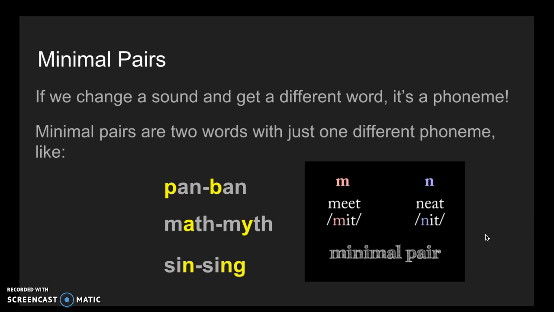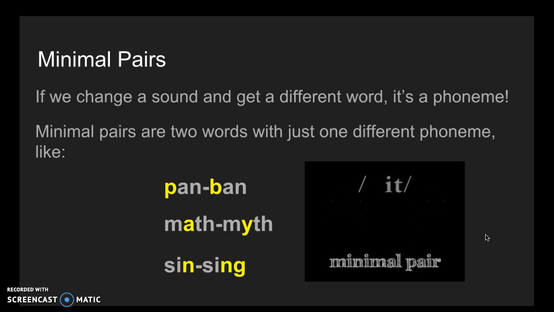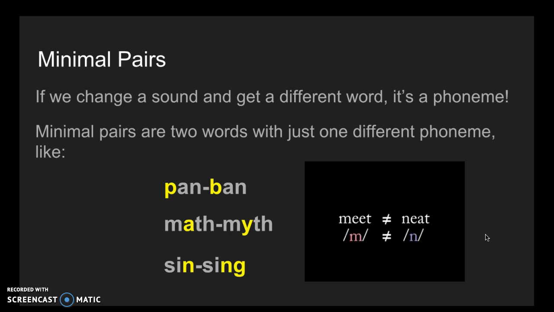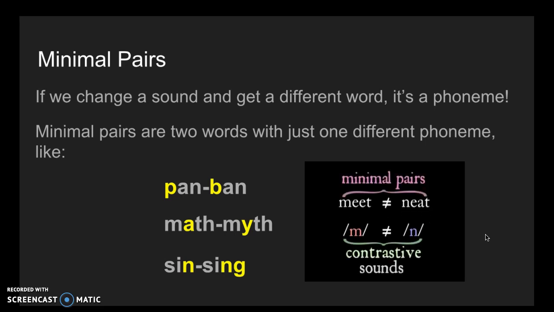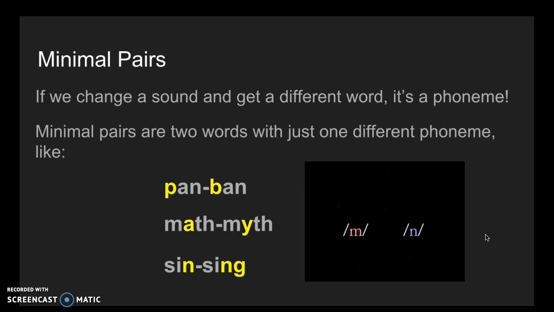But what's the point of this? Well, by holding all the other variables constant, we can see if switching the sounds in question changes the meaning of the word. If switching one sound for another changes the meaning, it follows that we're looking at two different words. And if they're two different words, English speakers treat the two sounds in question as different sounds. In this example, N and M are contrasted, and this contrast tells us that N and M are two distinct phonemes